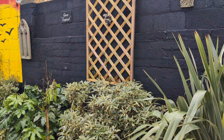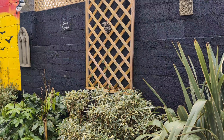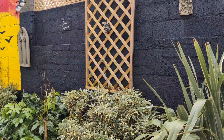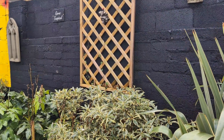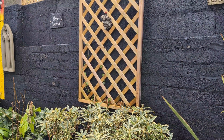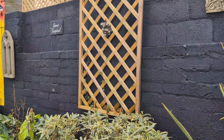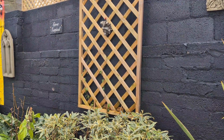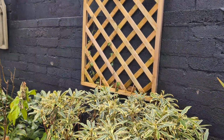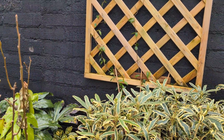I am in deep thought of what to do with this trellis in the spring. I have got a small jasmine growing there at the moment, but I was thinking of moving this one down near the greenhouse and maybe planting a clematis on here. I think the clematis would do really well, as they do like to have their roots quite cool,